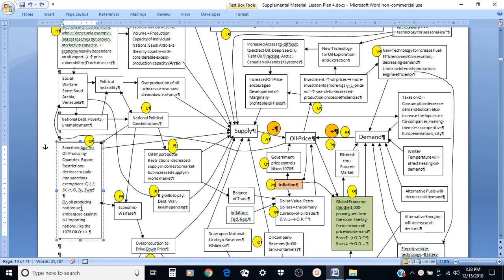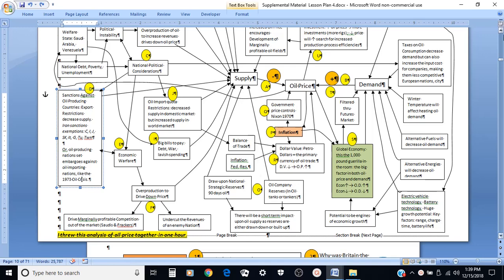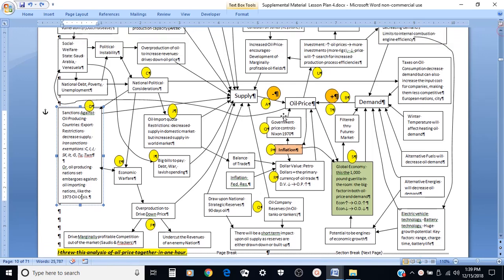Or oil-producing nations could set embargoes against a big importing nation like the United States and other nations. They had embargoed in 1973, and that resulted in an oil crisis, decreasing supply, which raised price. Another political consideration is economic warfare. Well, these could be considered forms of economic warfare, right? Those are restricting production, all right? But